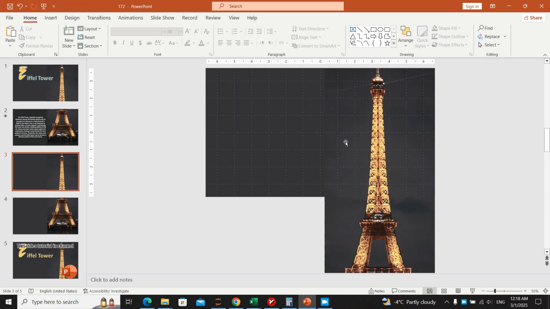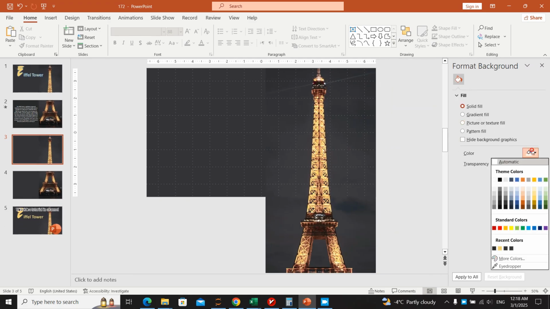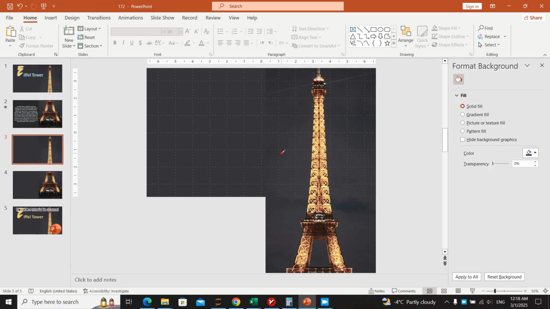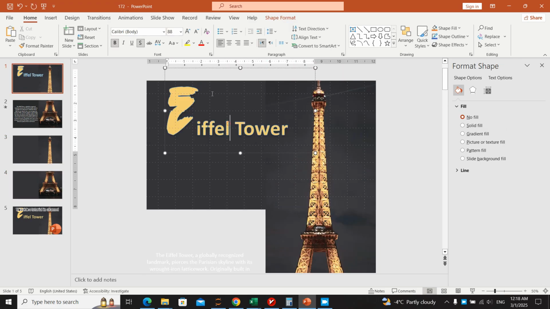And then we go to format background and use this item to eyedrop the color of the background from the background of the picture. Now after creating that, we just simply